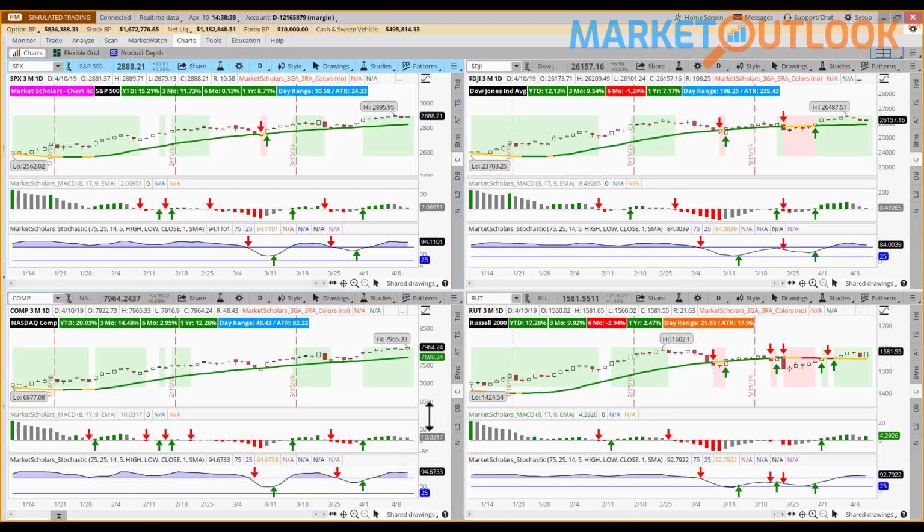Remember, these are not the types of signals that will change on a day-to-day basis, so not entirely surprising to see that we maintain 3 green arrows across the board on all 4 of our charts, considering that all these markets were up today. And so not a whole lot to report. One thing that I'll reiterate that I mentioned last night as well, be aware that the Russell 2000 does have that kind of yellowish color of the moving average right there, which is basically telling us that we have kind of